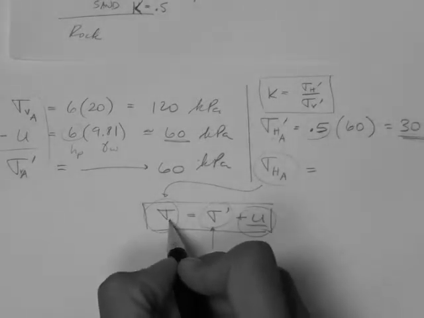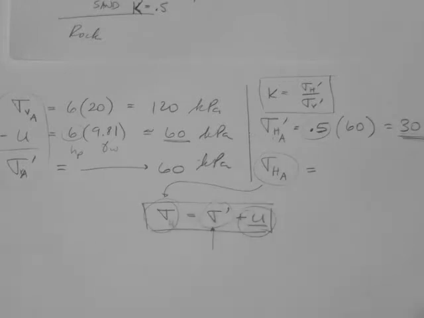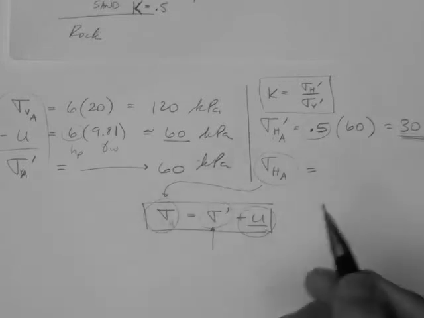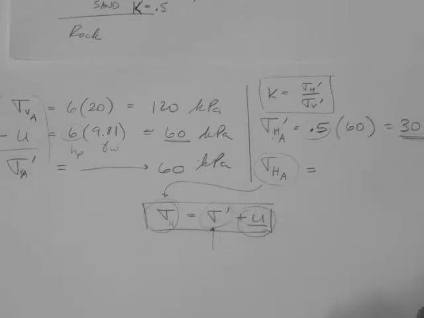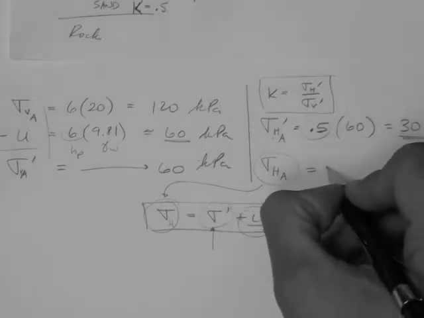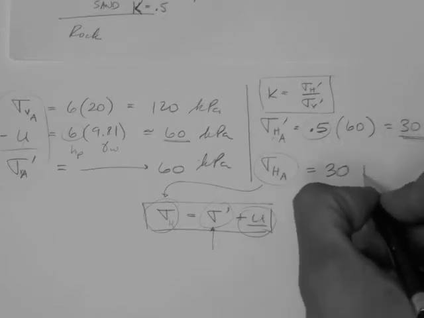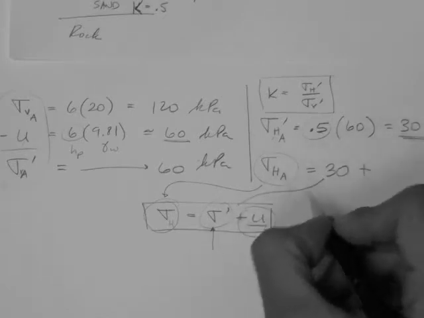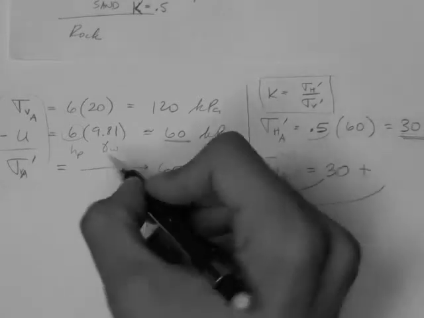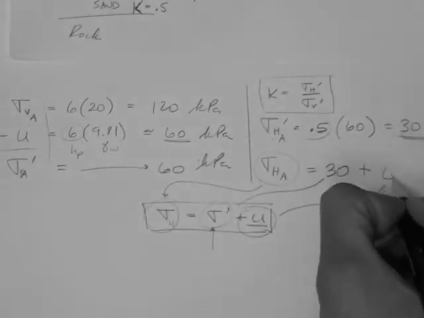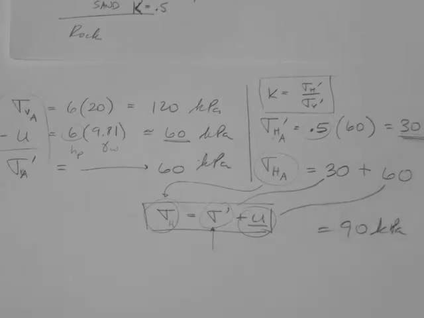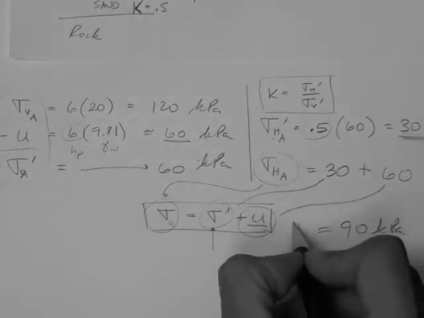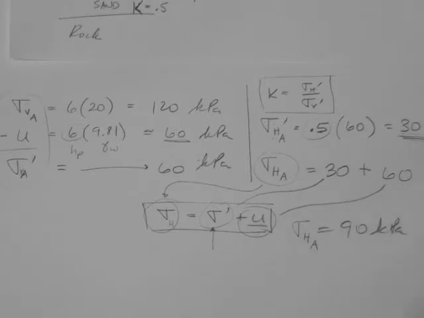So, horizontally, the particles and the water, both of them, total, are feeling what the particles are feeling laterally plus what the water is feeling laterally. So this is equal to what the particles feel laterally plus what the water feels laterally and in every direction, 60. So this is 90 kPa. Okay? So this is sigma H A. So now we have all of them. We have these 3,